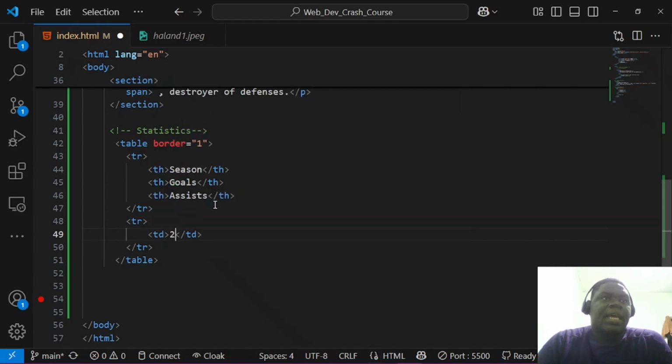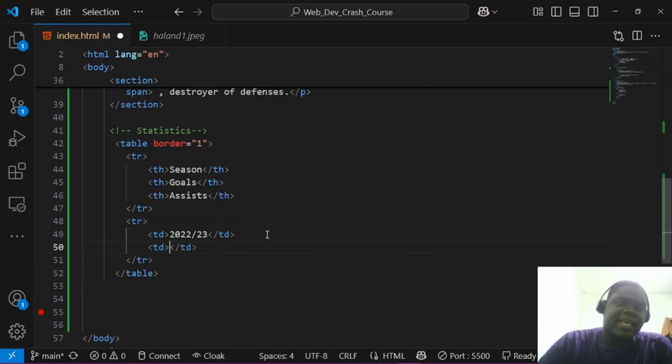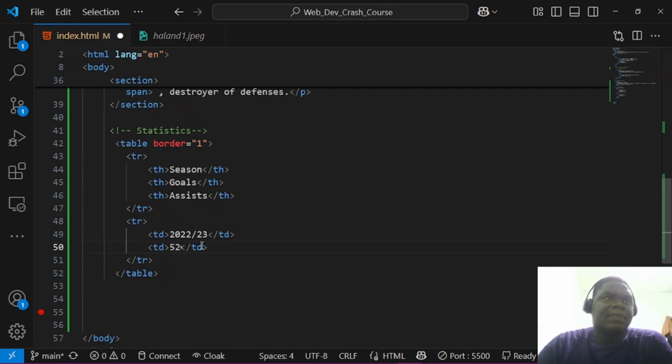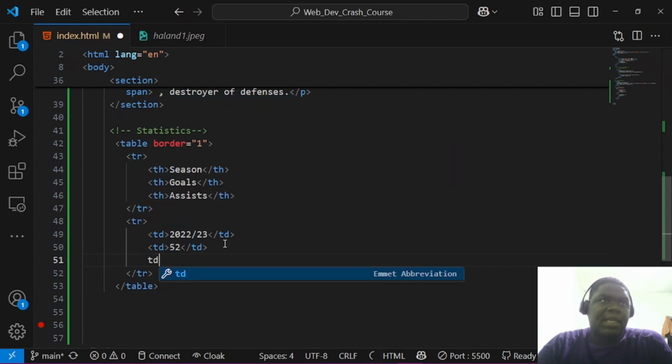You understand? And now for which season we are going to reference his best ever season, I think so far. 2022, 2023, I think yes. And then we'll also add another data. What's the next table head? Goals. How many? I think it was in the 50s, but let's just say 52, right? Yes, and let's add for the last